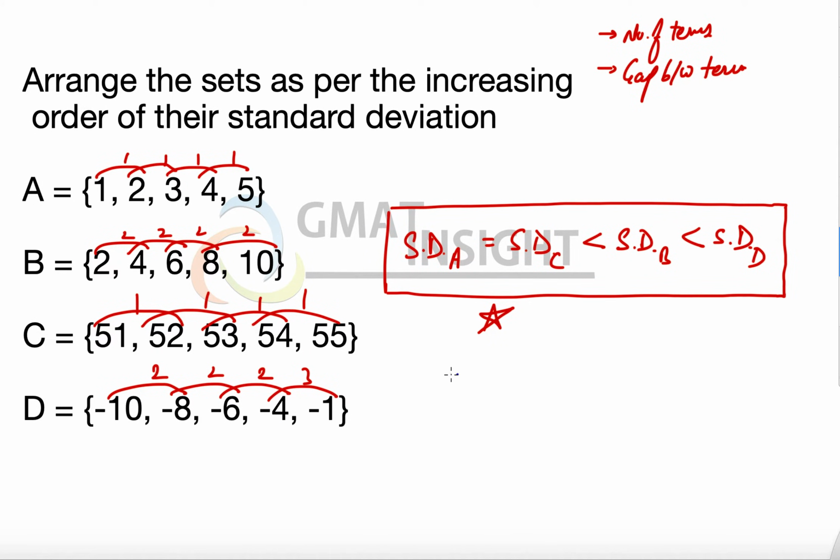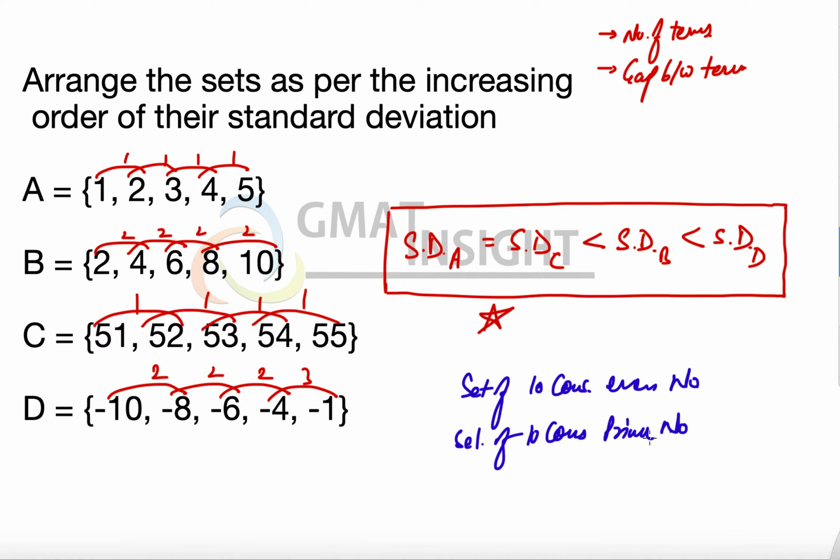For example, one of the official questions mentioned a set of 10 consecutive even numbers, and another set of 10 consecutive prime numbers. The question was to compare the standard deviation. If I call this set P and this set Q, then the standard deviation of set Q is bound to be greater than the standard deviation of set P, because the prime numbers are always at a gap of 2 or larger, except just at one place. But since the number of terms is 10, which is quite substantial, the standard deviation of set Q is